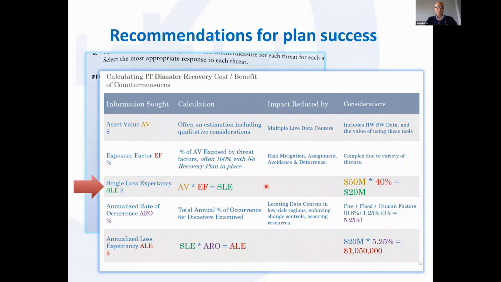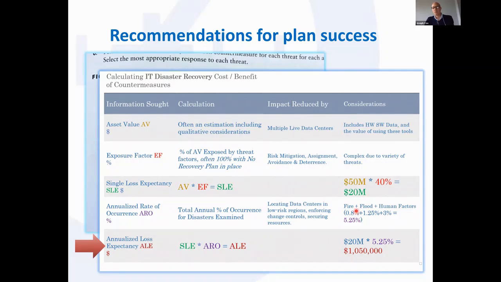Now, the next item we want to hit is that annualized loss expectancy. And to do that, we take our single loss expectancy and then we multiply that by our annualized rate of occurrence. So this is the part where we get that annualized cost to our organization, because what we're doing is,